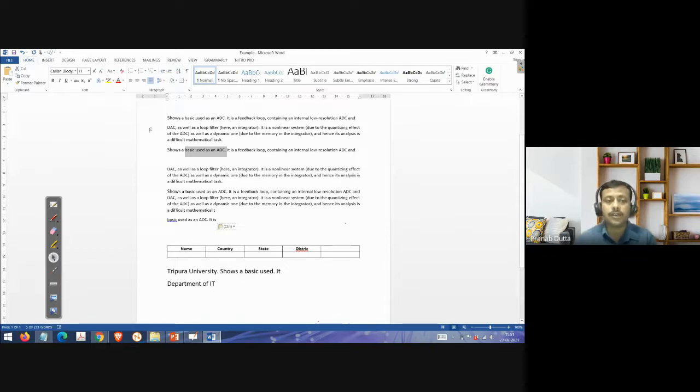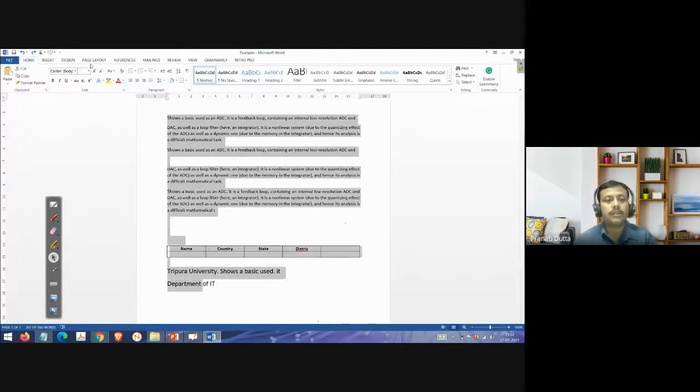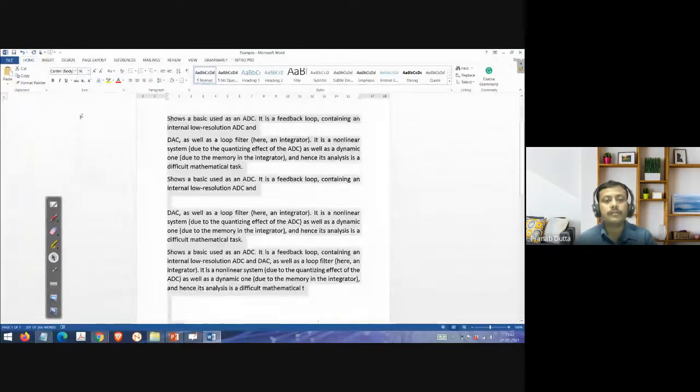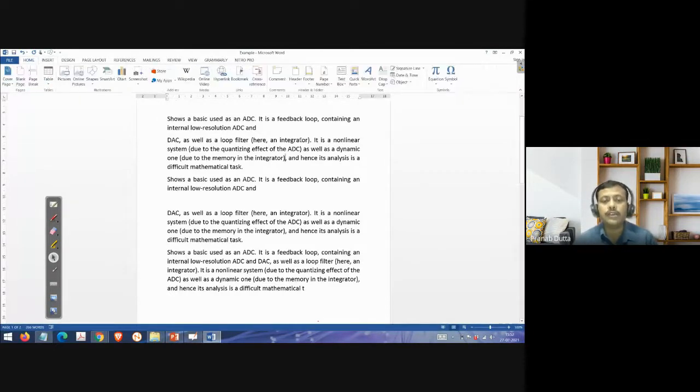That is the function of copy. So this is by using these buttons: cut, copy, paste. The same thing I can do with the help of the mouse also. Suppose I want to move this one, so I will select it and drag it.